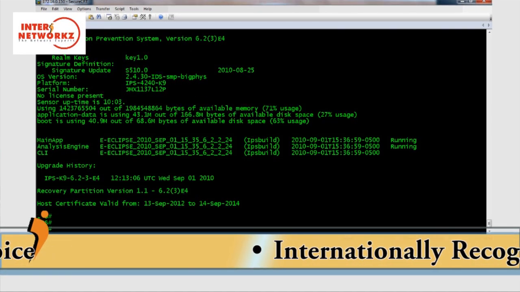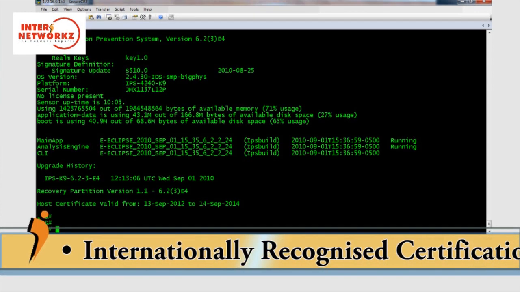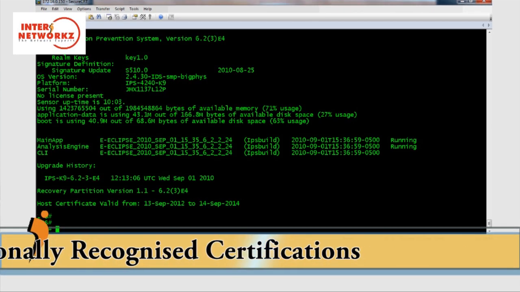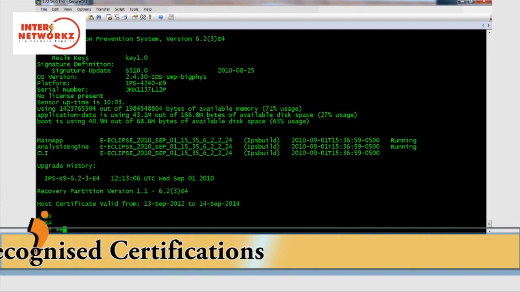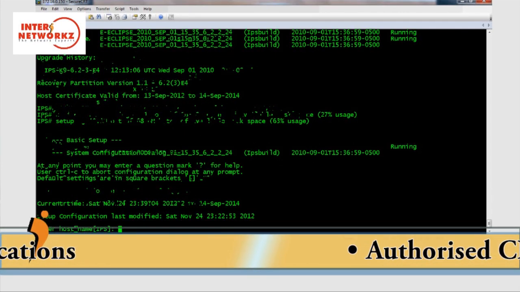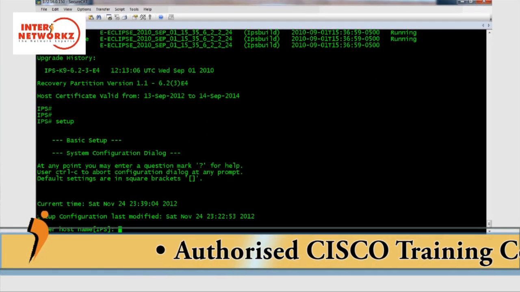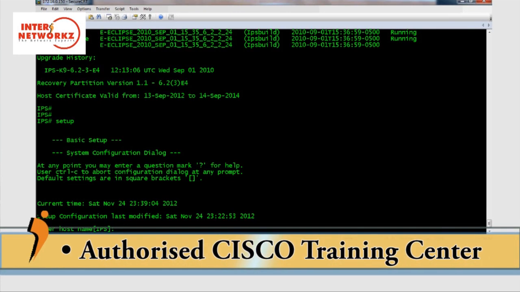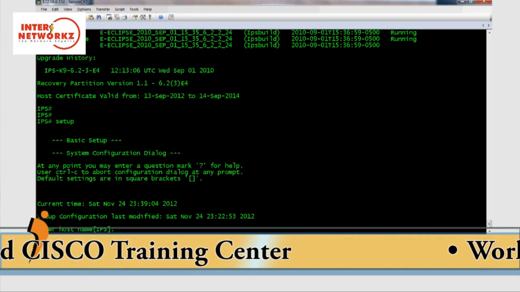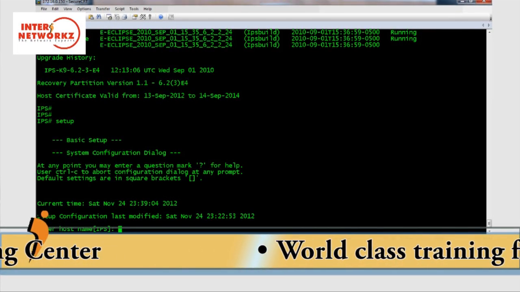Now, the very first time via console, if you want to give the IP address for the interface, define what kind of protocol you want to allow, from where it should be allowed, and what port number is to be allowed, you can do everything via the setup command. So setup in privilege mode, hit enter. It will prompt the basic setup. In the basic setup, the first thing is: enter the host name. It is given in the bracket. If you hit enter, the bracket value will be taken, or else we can modify it based upon our requirement. So for this understanding purpose, I am making this